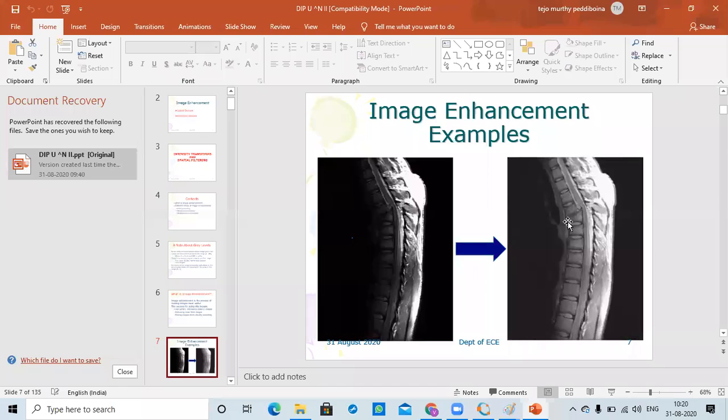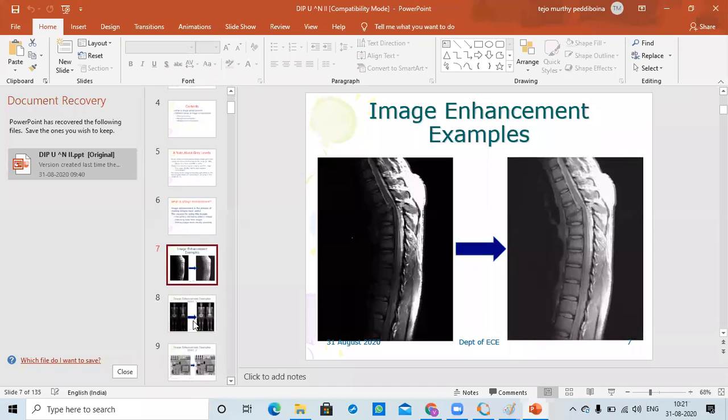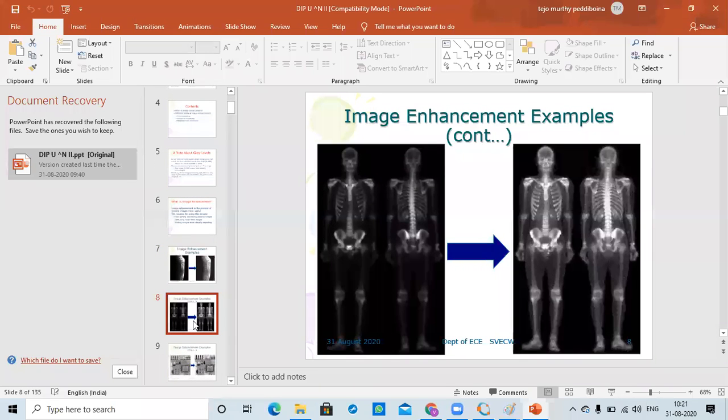That can be improved in this second image, where you can understand clearly exactly what the shape of the pixel values is. And here also you see the white portion has been eliminated, enhanced, so that it appears more visible. You see here the black shades of these bones can be visualized very clearly.